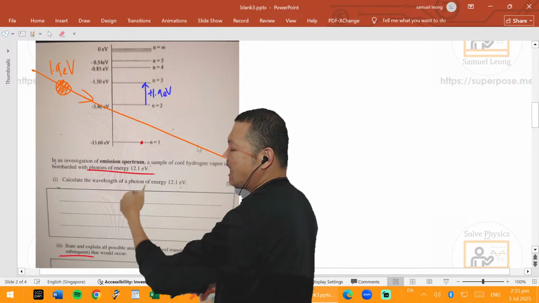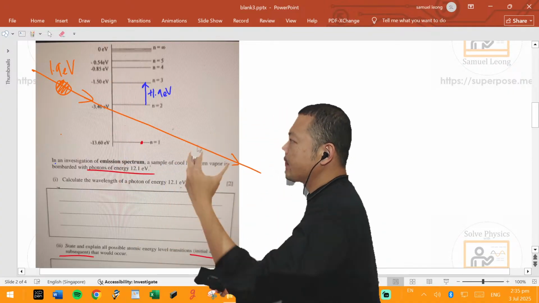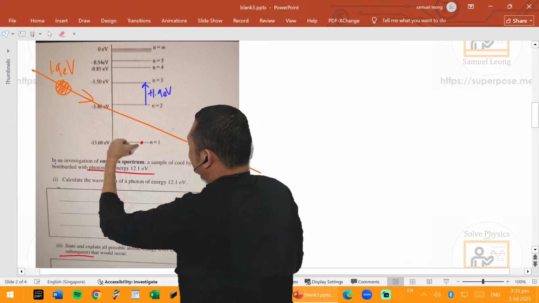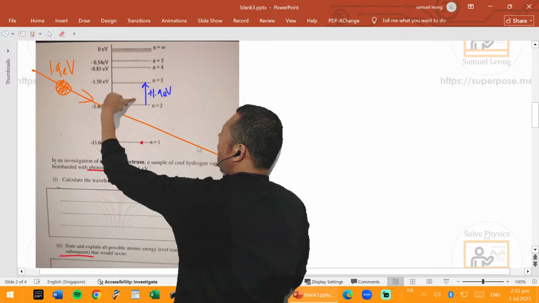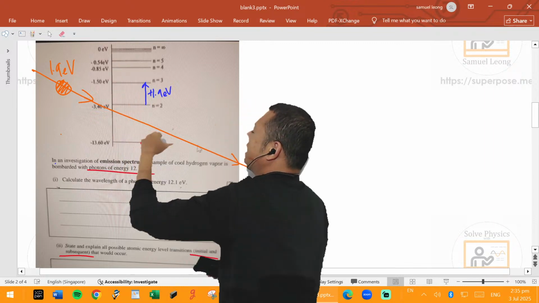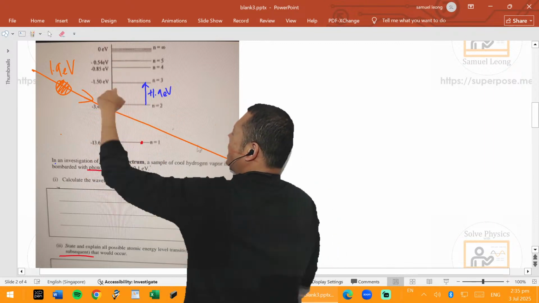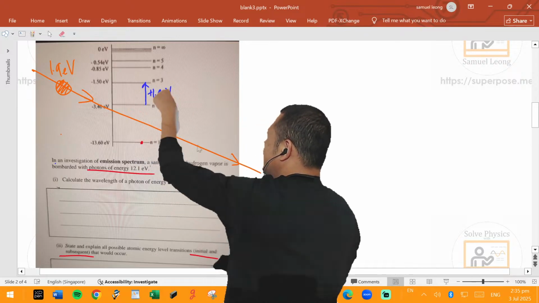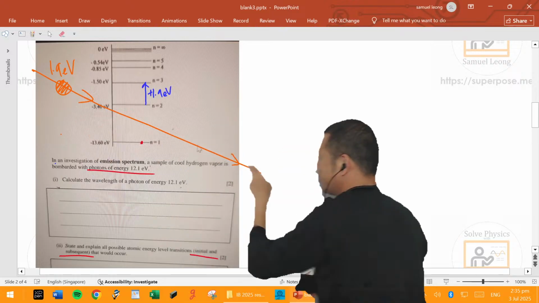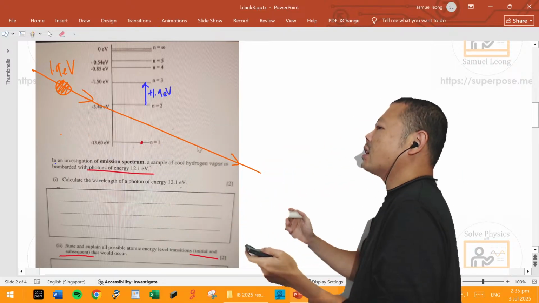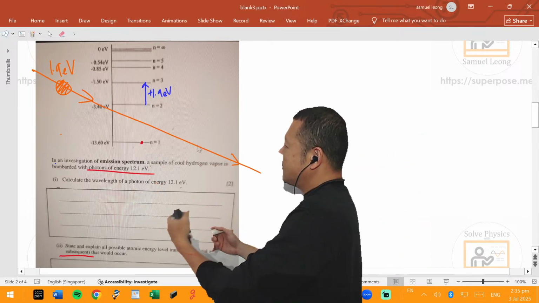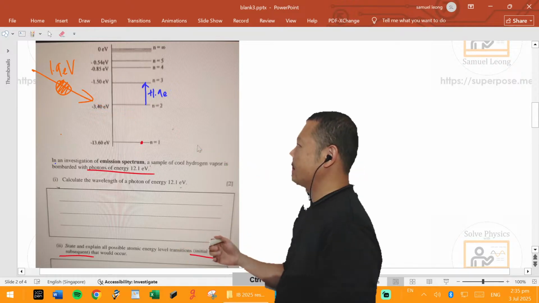Then it can absorb. And that is why we use white light, because white light has all the photons. There's a chance that the electron can already jump up to the second level, and then absorb the other photons that can enable it to jump up to the higher levels. So if your electron is at ground state and you use 1.9 eV, which matches this value here exactly, it will still not be absorbed because it's not there yet. So it will just pass straight through. This photon will not be absorbed. So you have to make sense of it: apart from it having to match the transition, it must also make sense whether or not it can absorb.